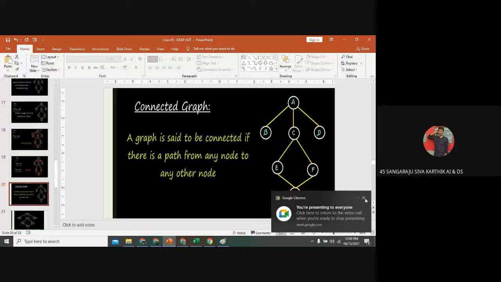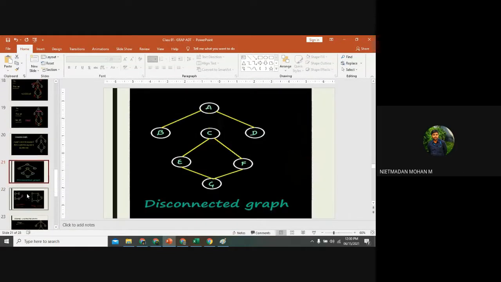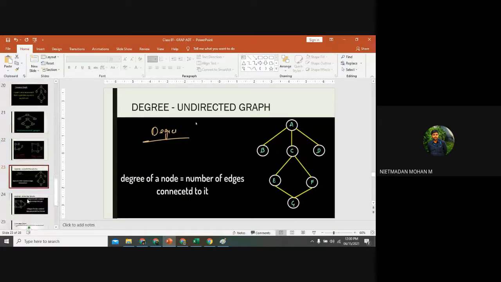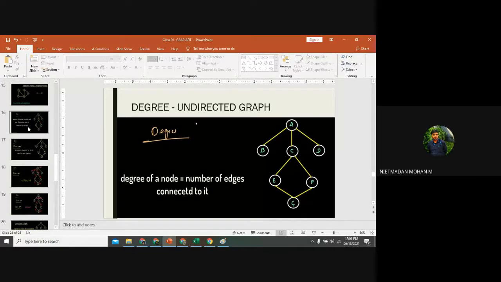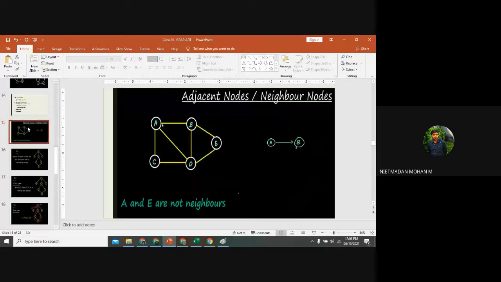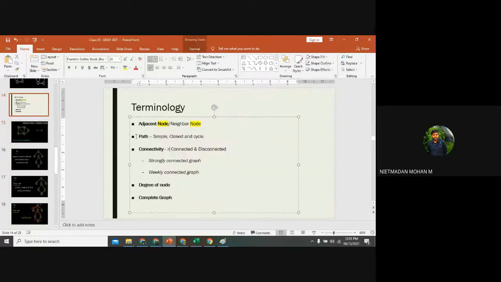Yes, sir. And connected: we have three types of disconnected graph that we will discuss in the next class. The connected graph and how to find out the matrix. You are going to study some of the matrix techniques also by using this graph. So in the next class, we will discuss the remaining types of terminologies and the matrix representation of the graph. Again, we will start from this in the next class: terminology and the matrix representation, how the vertices will be inserted in a graph and how the data is stored in your computer with the matrix representation. That is the next topic.